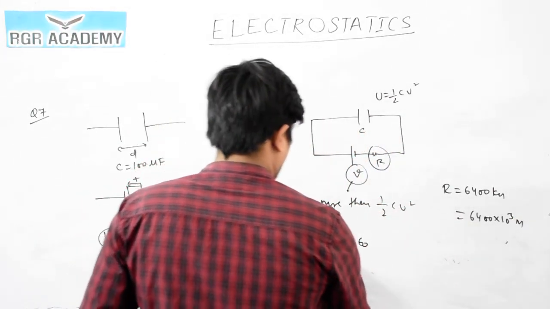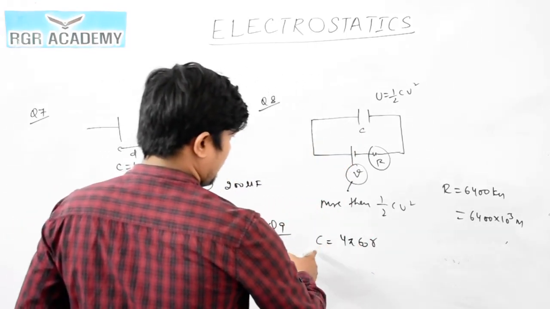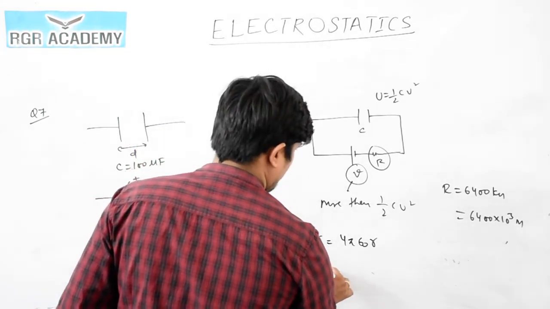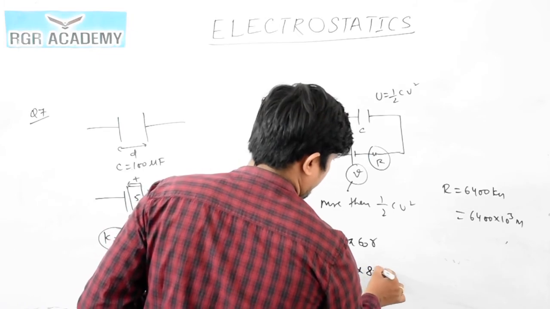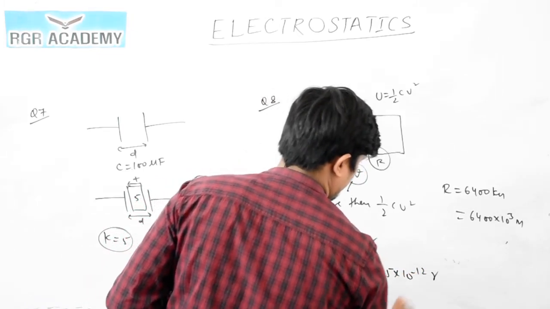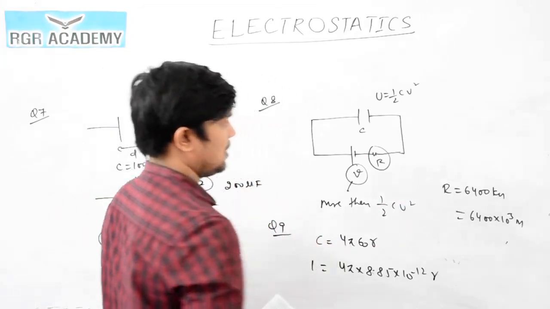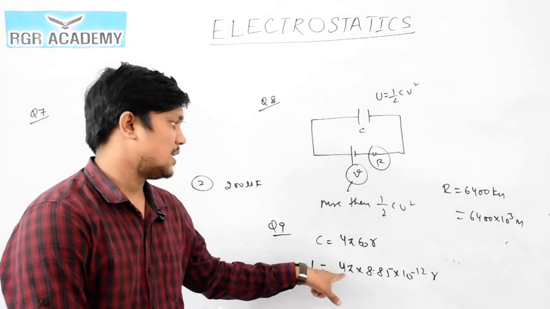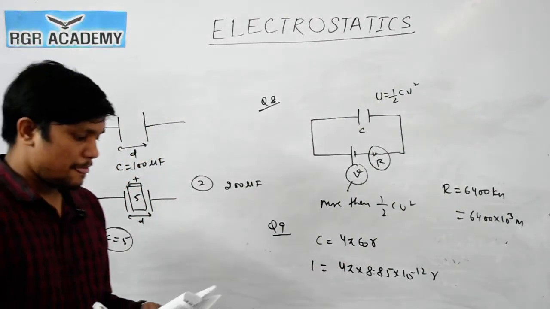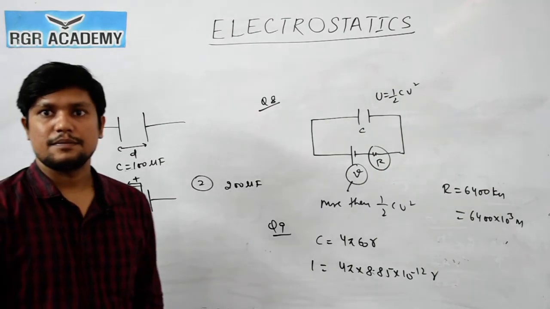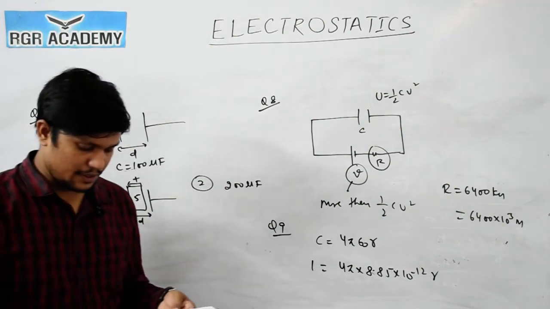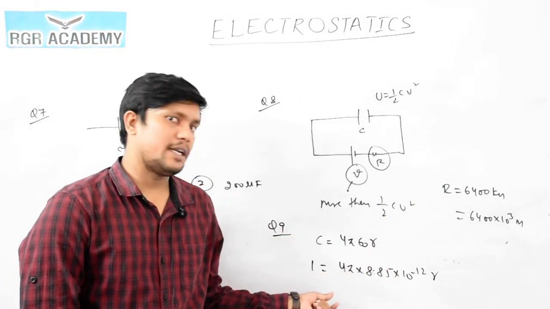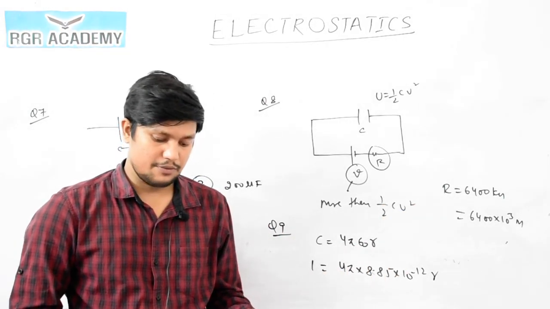So capacitance is given by 4 pi epsilon naught into R. If you want to make a capacitance of 1 farad, then 1 equals 4 pi epsilon naught, which is 8.85 into 10 to the power minus 12, into R. So the value of R you will get is very large. That's why it is not possible to make a capacitor of capacity 1 farad with a spherical capacitor. The second option says it is possible for earth as a radius, but the radius of earth is less than the required radius. So the second statement is false, and the first statement is correct.